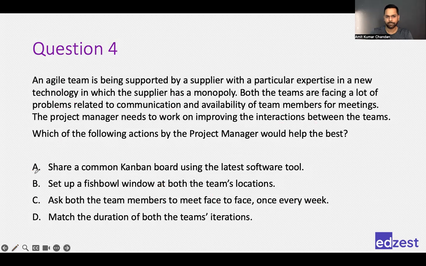Amit, one second. Again, one quick question here. Say in option C, if we do not have it once in a week, then would it be the best choice than